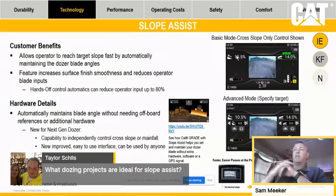So that's one that I think is really good. Any type of manual dozing work that you would normally do manually, slope assist can help you to hit a particular target slope that you're trying to hit, and then also be accurate within that slope, fairly accurate within that slope. Side to side slope assist really works great in terms of